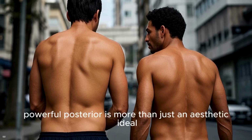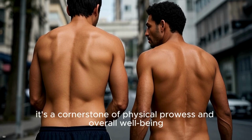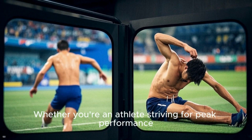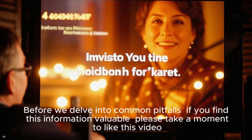A sculpted, powerful posterior is more than just an aesthetic ideal. It's a cornerstone of physical prowess and overall well-being. Whether you're an athlete striving for peak performance, someone seeking relief from persistent back pain,